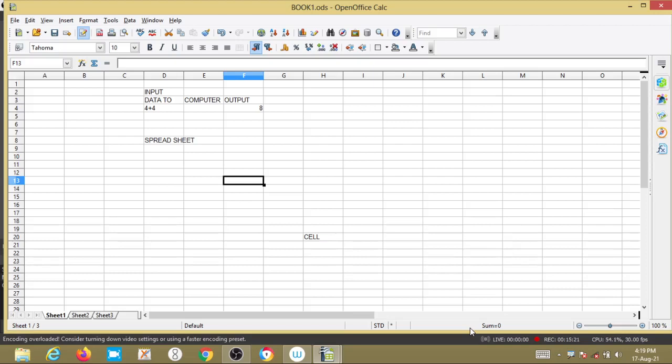So that means production planning, personnel management, marketing analysis. I told you marketing analysis means comparison of two or more values. Here we can do comparison. Then maintaining the records of the salary of employees in big companies, cost accounting. These are the uses of the spreadsheet. The first one is production planning.